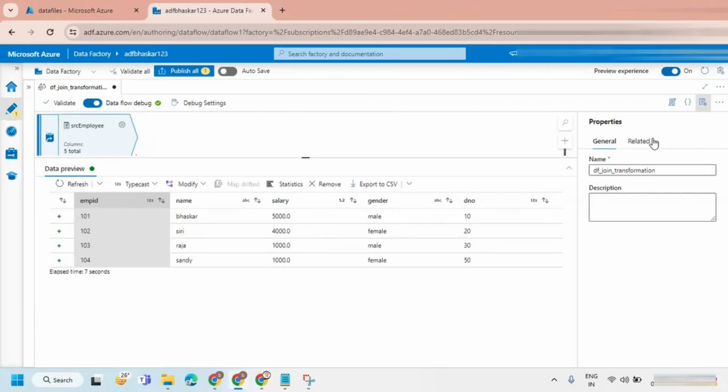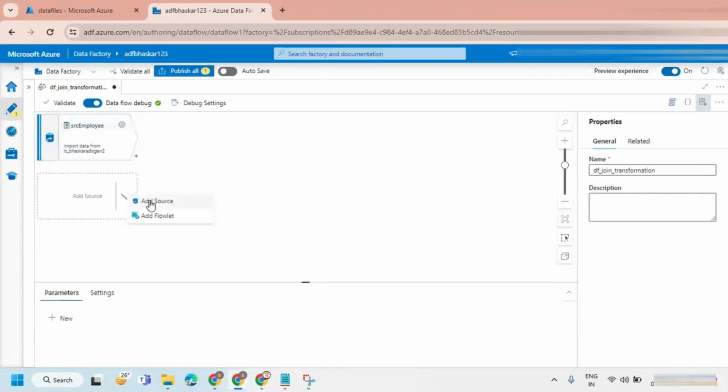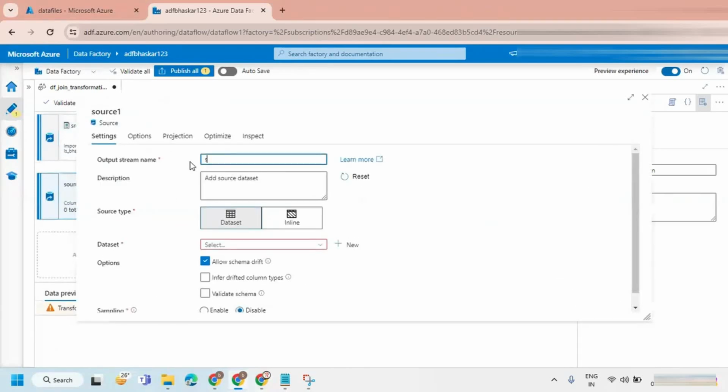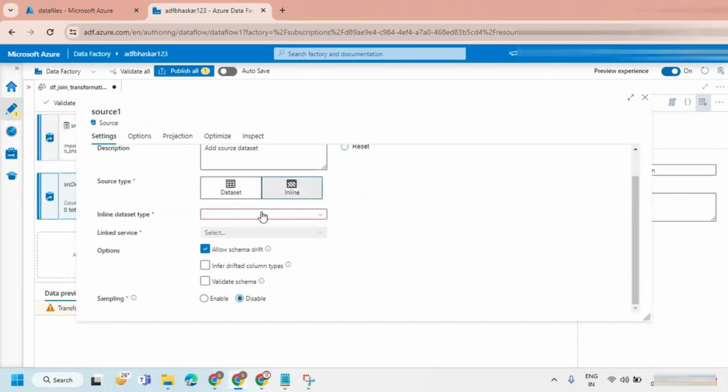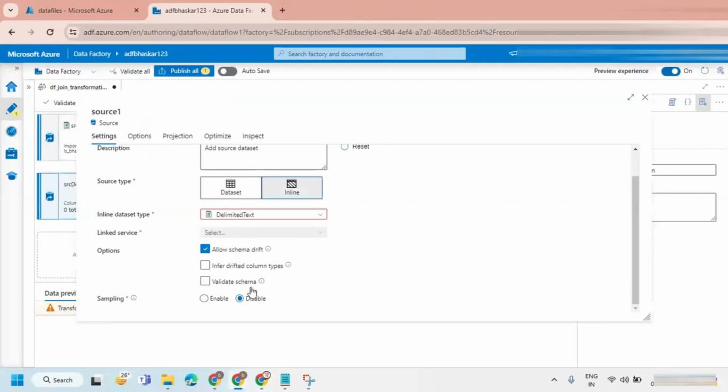Now you can see. The way we have taken the employee, the same way we need to take a department also. So add one more source. I'm going to say SRC department. Let's take a delimited text.